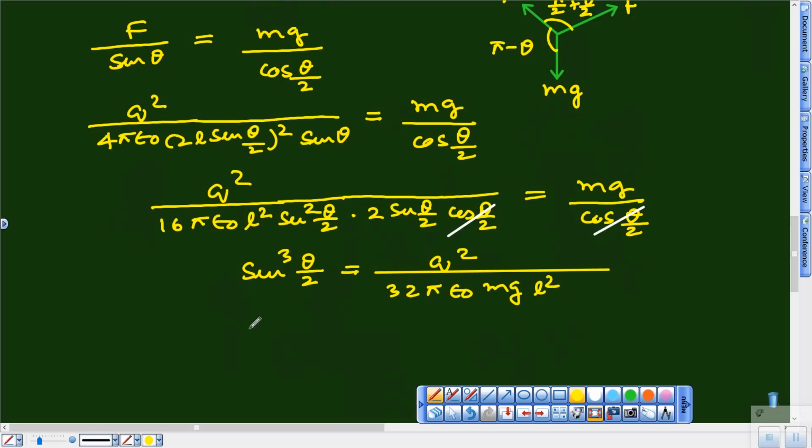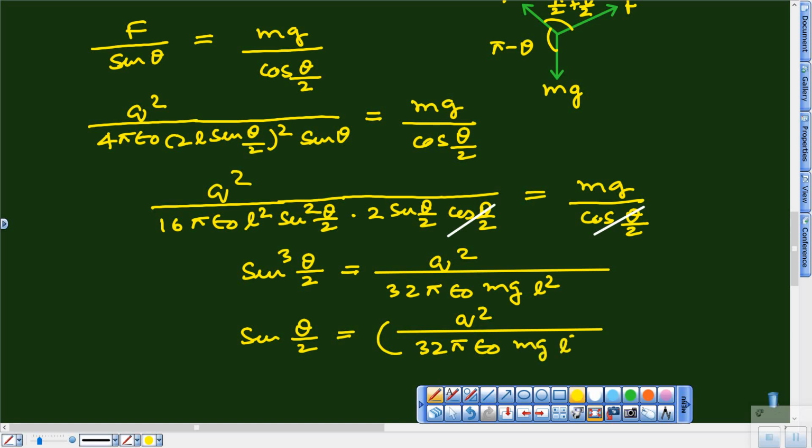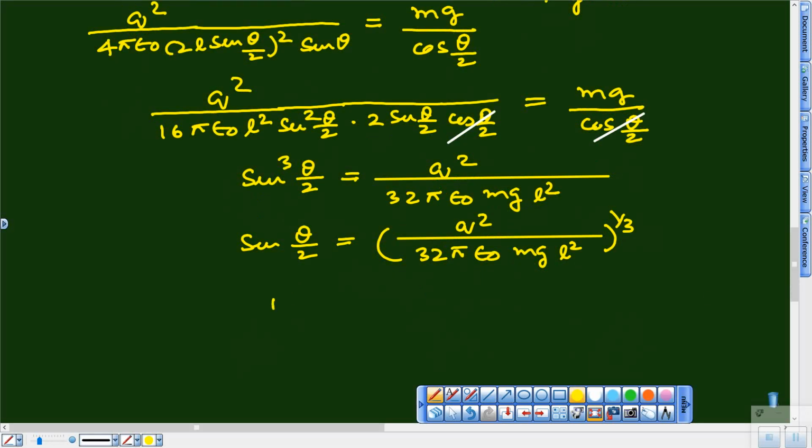That is why my sine theta by 2 would be equal to (Q square upon 32 pi epsilon naught mg L square) raised to the power 1 by 3,